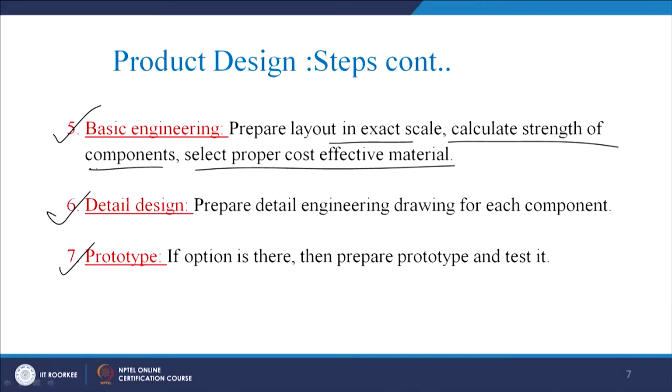Then once our product design is ready in the form of engineering drawings, we will go for the prototyping process. As you have seen in our course on product design and development, there are various rapid prototyping processes used these days, such as fused deposition modeling, selective laser sintering, stereolithography apparatus, and laminated object manufacturing. There are different types of processes which can help us make a prototype of our product as quickly as possible.